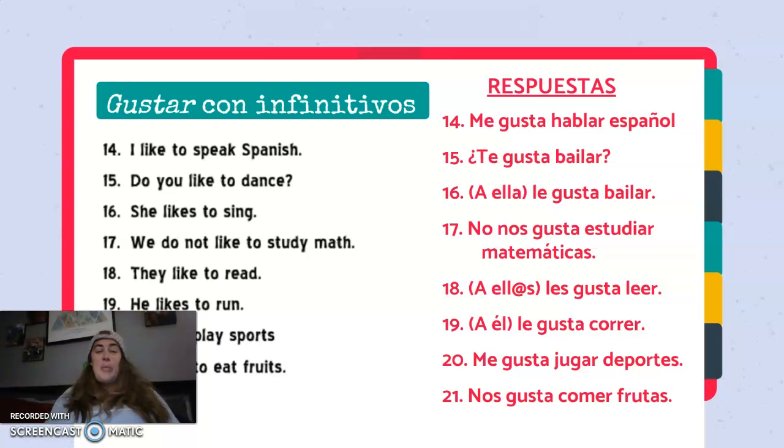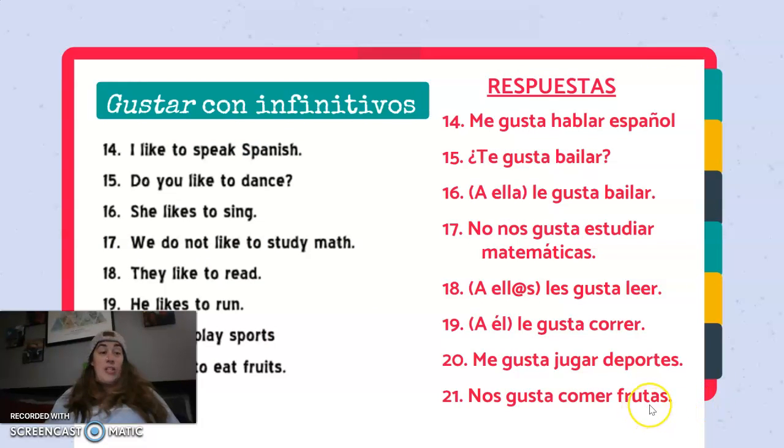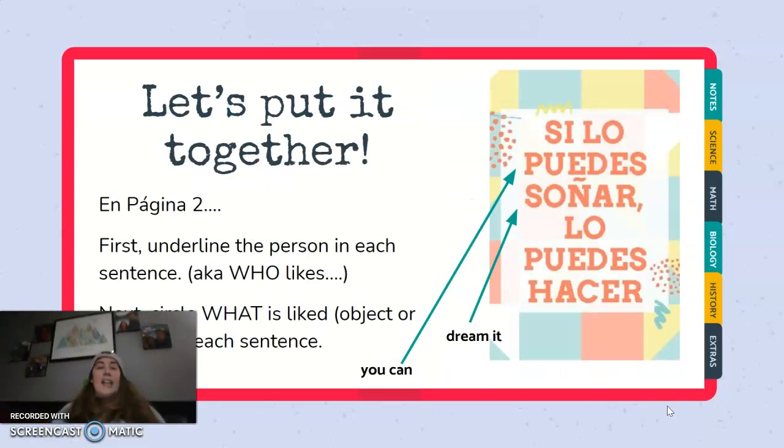20, I like to play sports. Me gusta jugar deportes. And 21, nos gusta comer frutas. So we like to eat fruits. So don't get confuzzled on this one, because what is it that we like or is pleasing to us? The act of eating, not the fruits. So it would be gusta comer frutas. All right, so